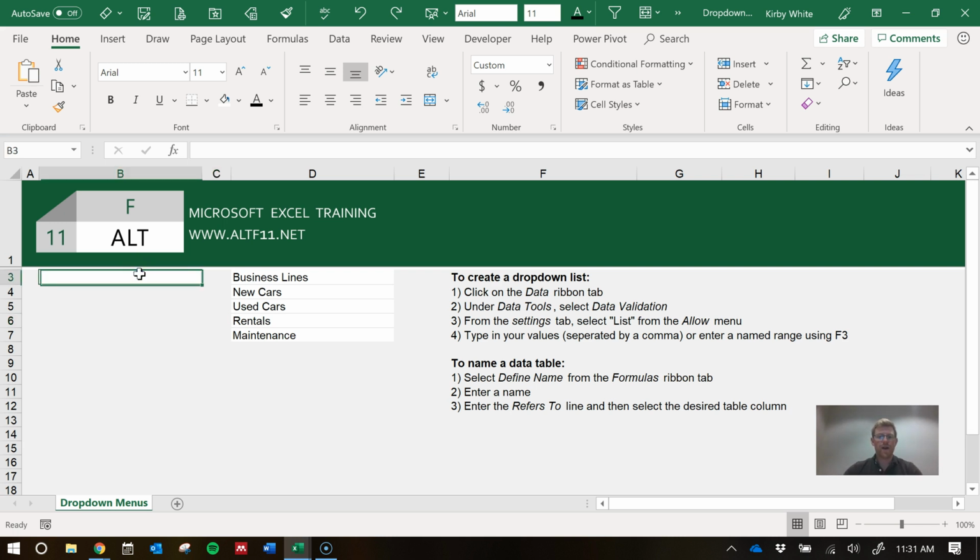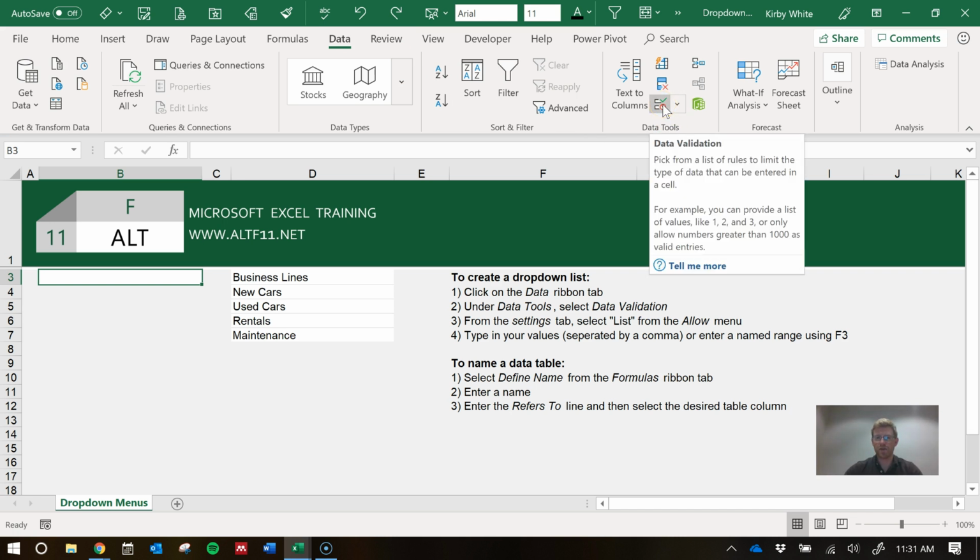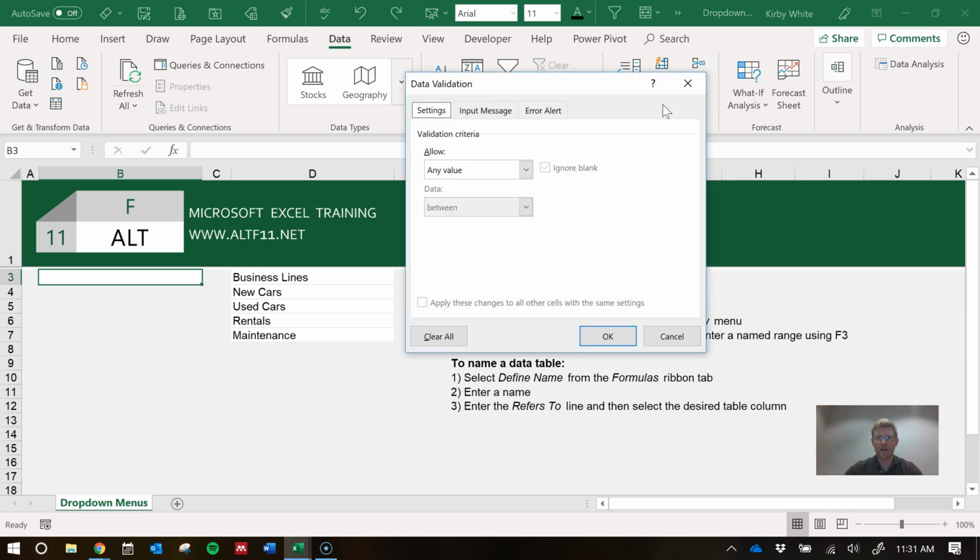how to use. Let's say that we have this list or this cell, and for whatever reason we want people to put in a piece of information, but only from a select group. We can go to the Data tab. I'm going to scroll over here to the Data Tools, and I'm going to click on Data Validation. It's going to bring up this form, and from the Settings menu, I'm going to say Allow List, and